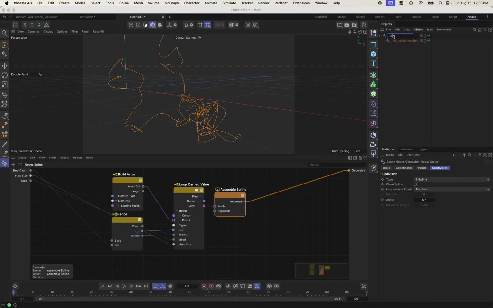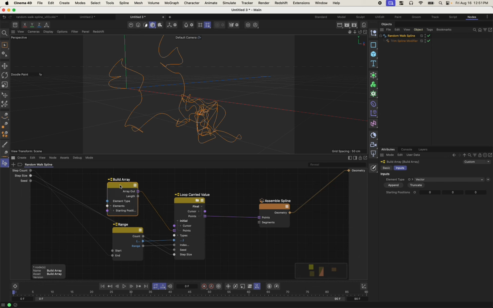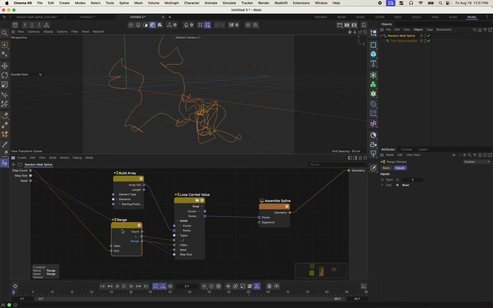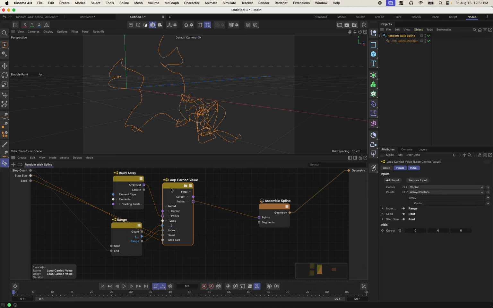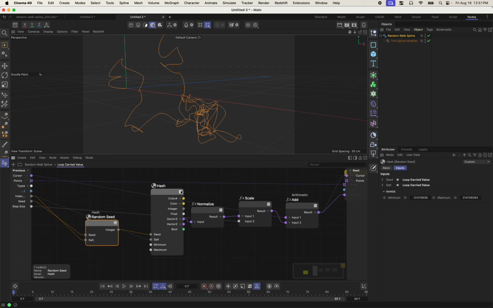This is our random walk spline. And to quickly review, we are using a simulation spline to make a spline. We're starting with an array that has a single point at the origin for our starting point. You might even choose to randomize that starting point. We've got a range in order to give us a count of steps that we're going to walk. And then for every single step, we're going into our loop carried value. And we are generating a random seed, which we are using to generate a random direction or a random vector,